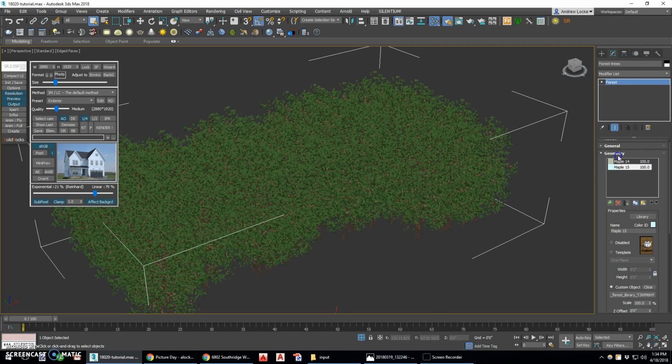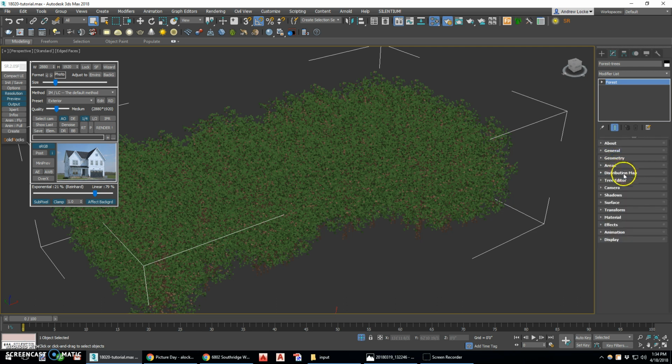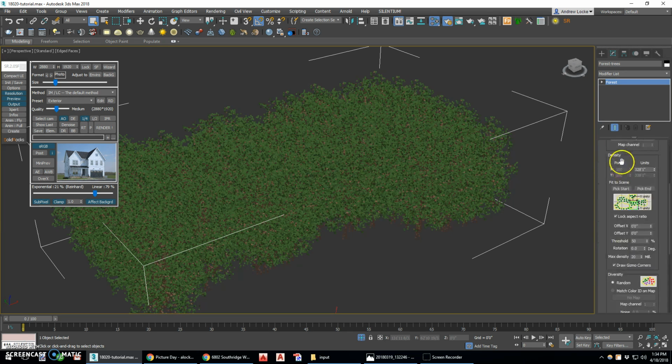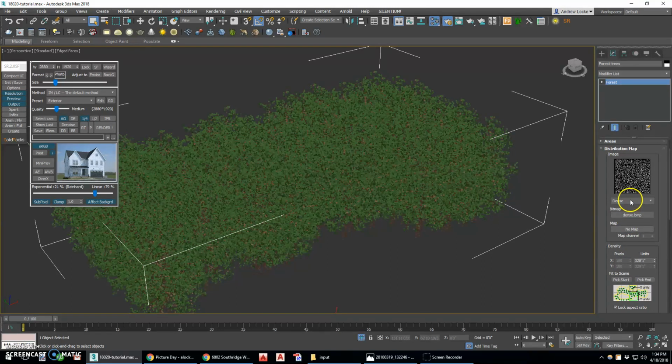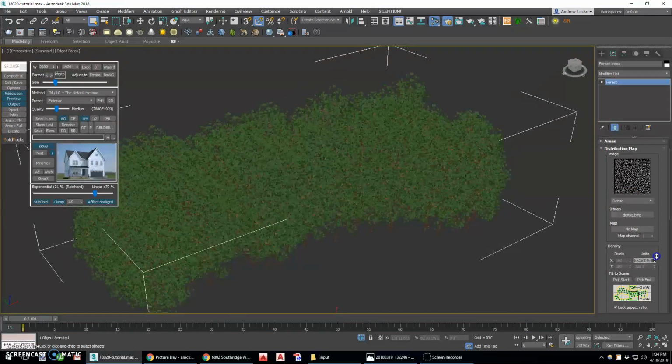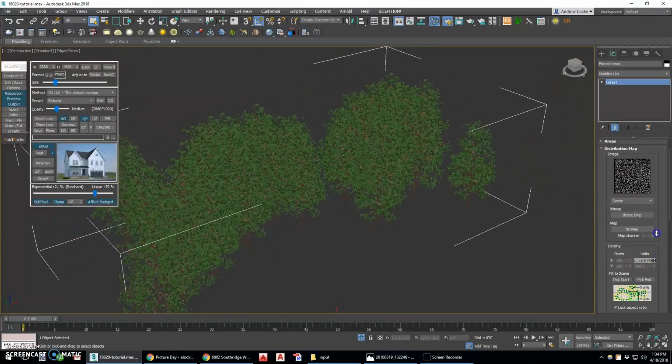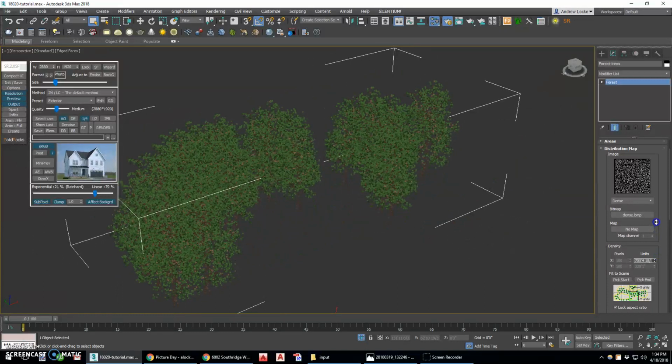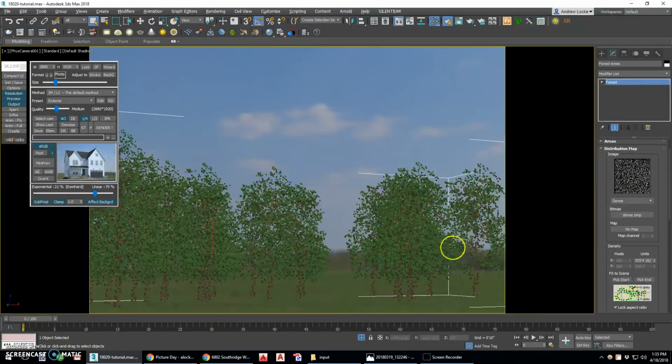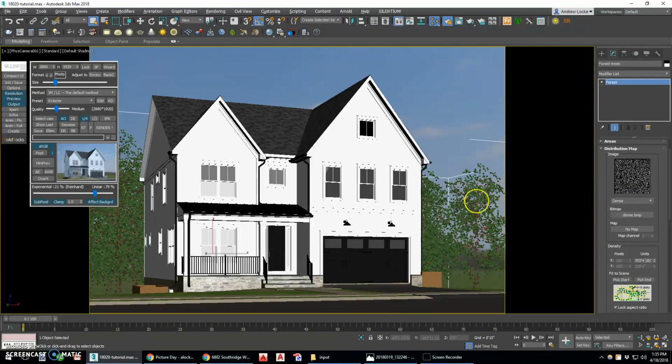Now these trees, it's defaulted a distribution map. I want to go in here and change the parameters a little. So it's giving me this dense map at this unit. If I very delicately roll this slider, I can adjust the distance to a more realistic difference. What I tend to do for a forest, because this pattern is an organic pattern, and a lot of times I don't want gaps in the trees, so what I'll do to cheat it is I'll go down to a grid pattern,